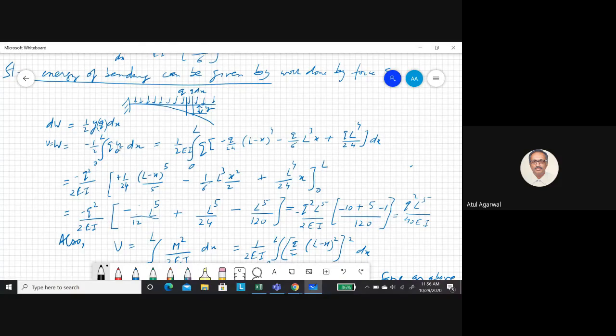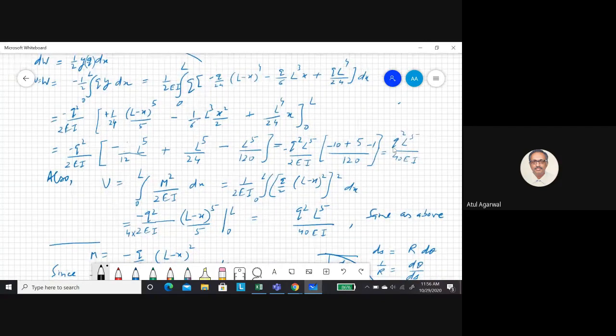So you know the deflection y is given by this expression. You have to simply integrate. This integration is giving you this answer. You see, strain energy is always positive, so you are getting a positive answer. That is good. Another expression I told you for strain energy of bending is this. The bending moment expression we had found earlier. So you integrate from 0 to L and you will find you are getting the same answer.